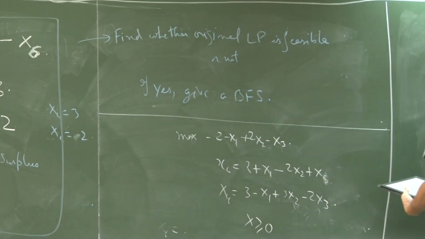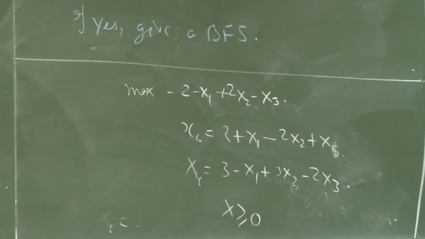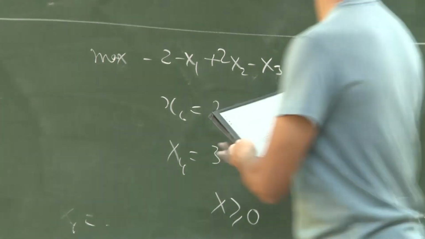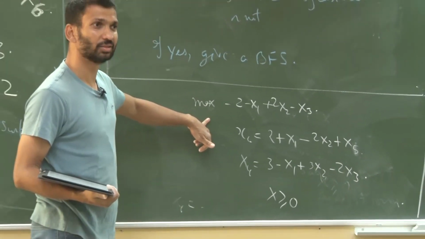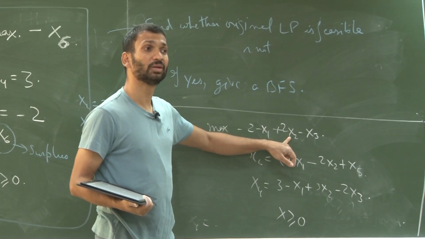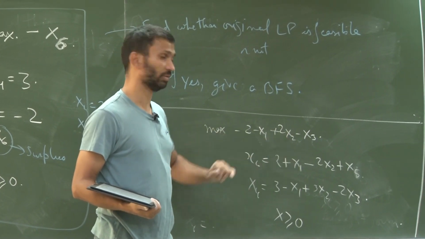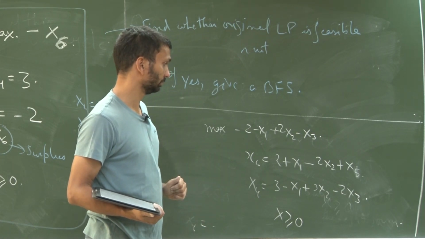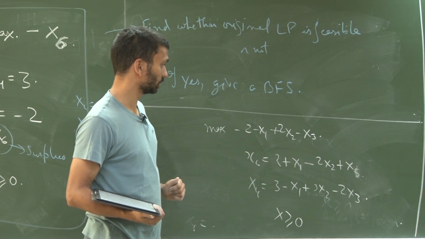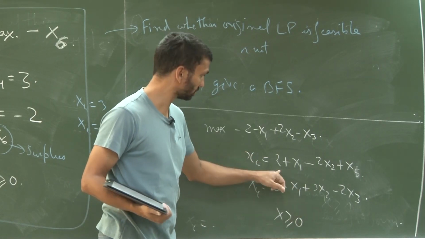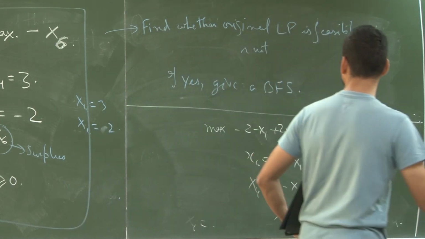And now, at least for this LP, you look at this, obviously I want to make it 0. So that means x2 is my entering variable. Which is my leaving variable? Sorry? x6, because this is positive. So there is no problem here. This is the one. So that means I can change it to,